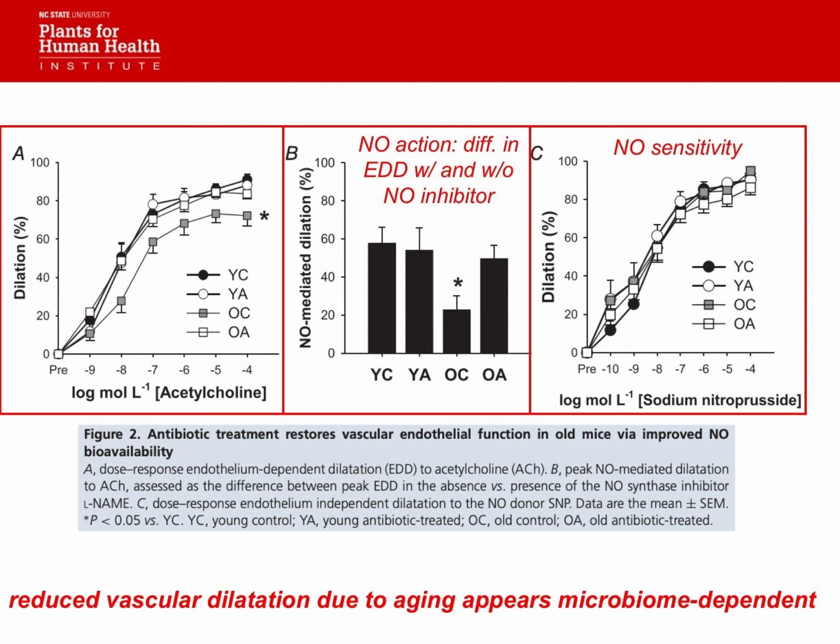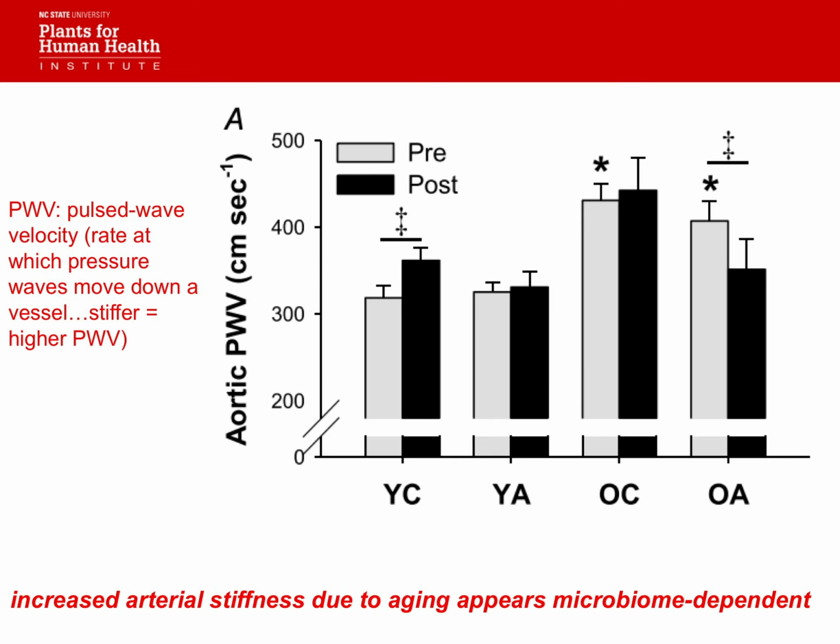They were able to show that when you age, you have impaired vascular dilation. When you get rid of the microbiome or significantly blunt it, those deleterious effects are lost. They looked at pulse wave velocity, which is just arterial stiffness. And when you look at these young mice, and let's just look at the gray bars, when you compare young to old, you can see the higher your pulse wave velocity, the higher the stiffness of your arteries.